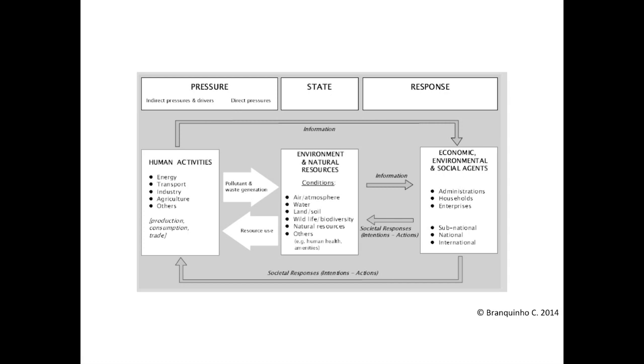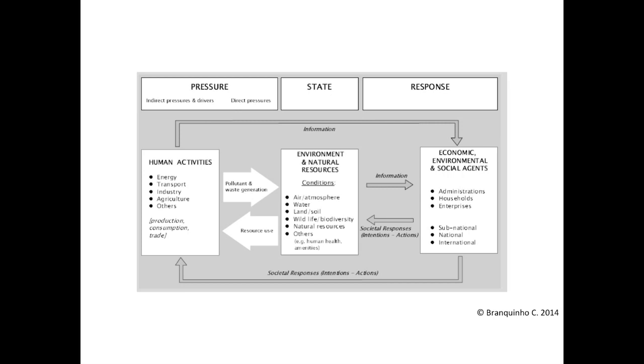system was using this type of indicators: the pressure, the state, and the response. So indicators can be divided whenever they represent a pressure. For example, the number of cars is a pressure on the environment, so that would be a pressure indicator. So all types of human activities, energy, transport, industry, agriculture, whatever you put numbers on, are pressure on the environment. For example, the air quality would be the state of the environment, where the number of cars is the pressure, okay? So if you look at water quality, soil quality, you would get the state of the environment,